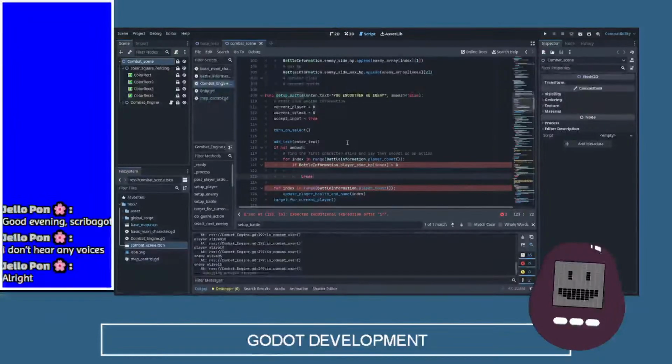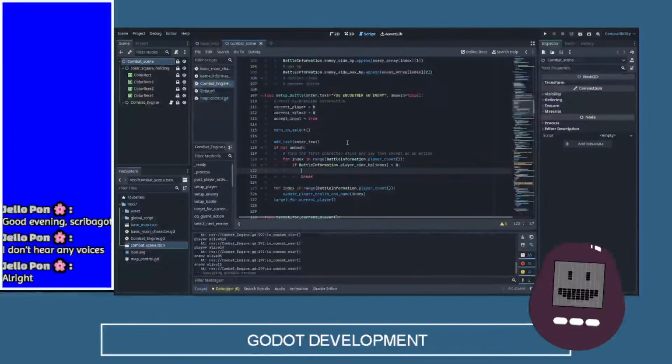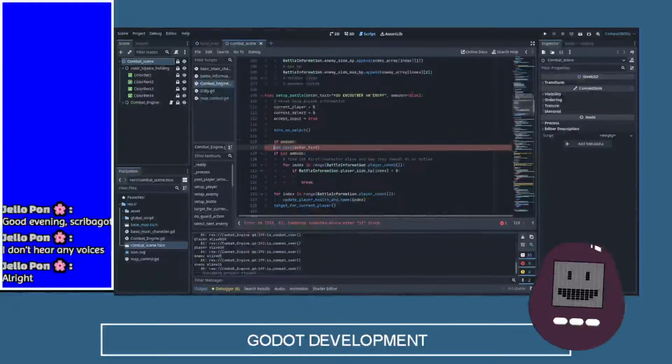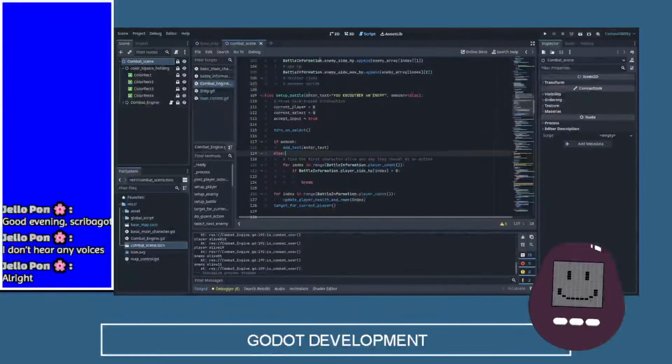We can break out. And we can, let's do this. If ambush, we just do that regular thing. So it'd be whatever weirdness we want to put in there that we detect an ambush. Otherwise,